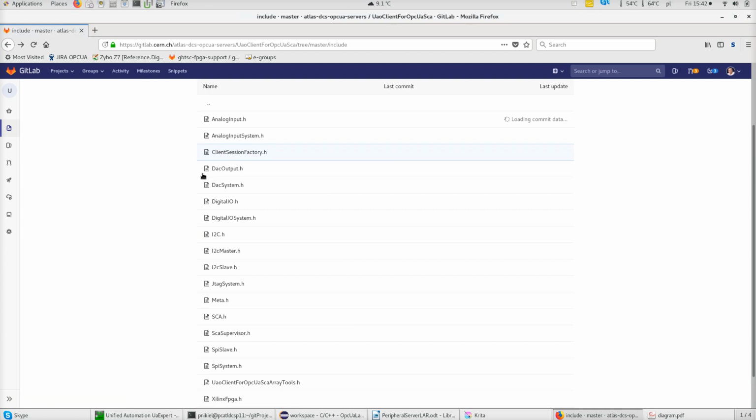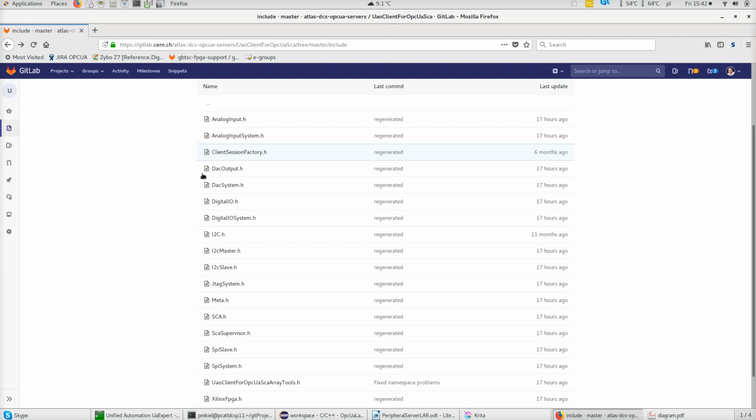So they behave like you had a real I2C master sitting on the SCA, but when you actually call this read diagnostics, it wraps OPC-UA code, which can connect remotely and call something. That's what we're trying to do here. Okay, so the takeaway message is that we have and publish